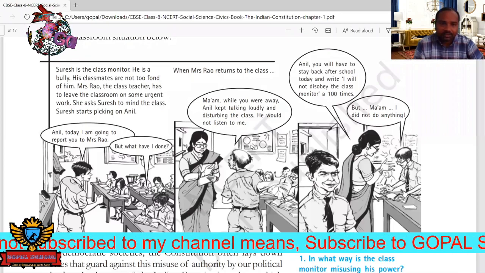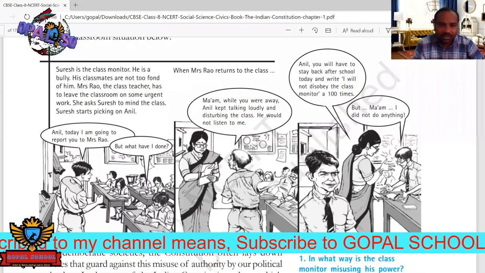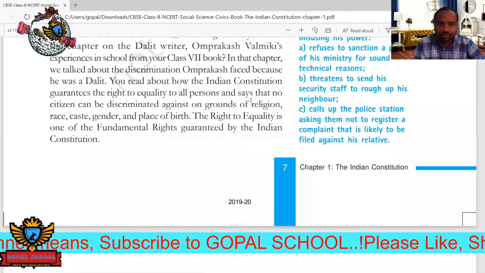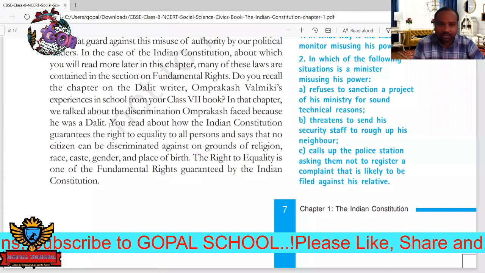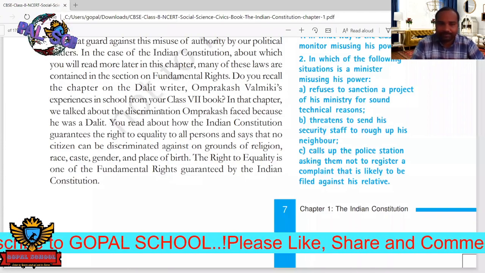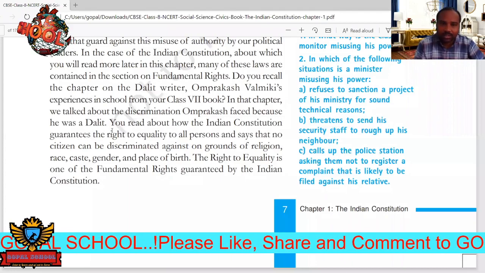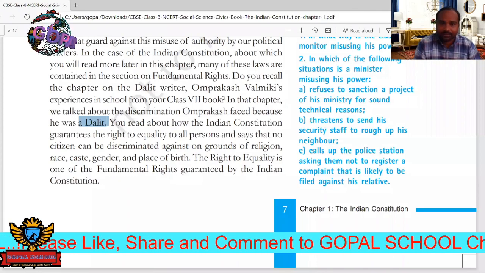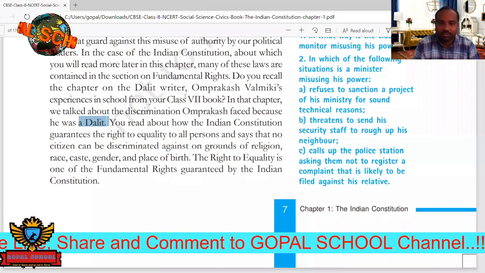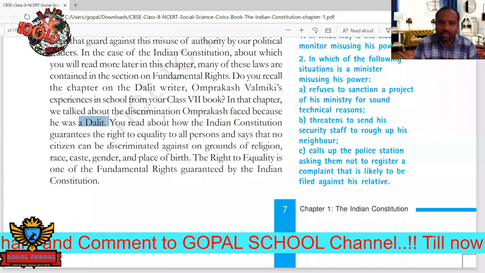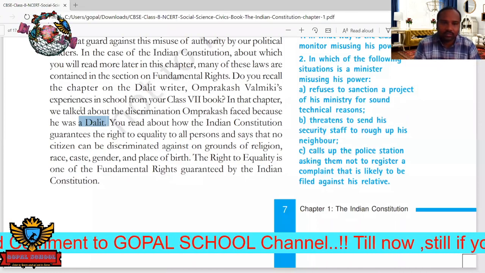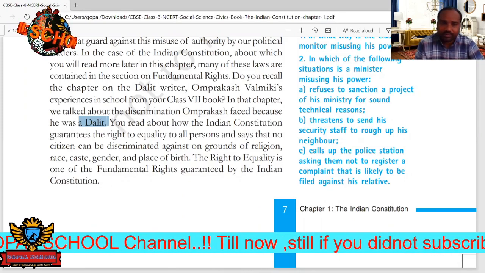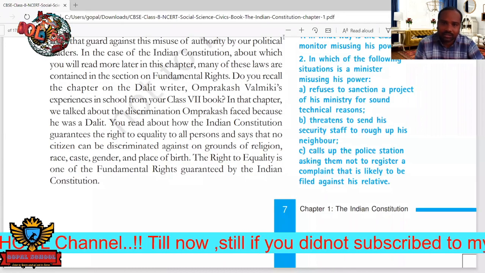Next here, one example is given. Last time in the 7th class, we saw this Om Prakash Valmiki. Okay, so we have seen that he belongs to a Dalit family, that means the low class people. There we saw that Om Prakash Valmiki was made to clean the school. Okay, that shows the discrimination. That happened because there was no democracy at the time. Only monarchies were there. Nobody was there to care for the welfare of this Om Prakash Valmiki. So this is also one of the other examples.